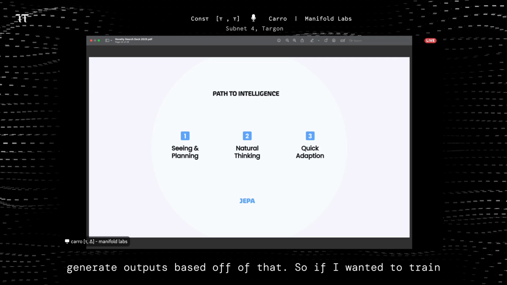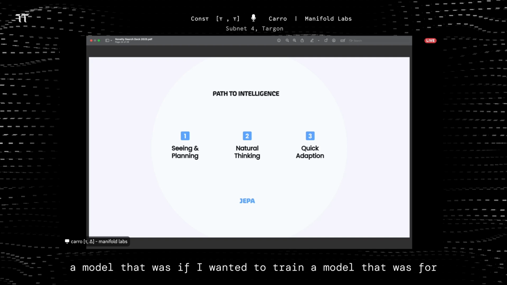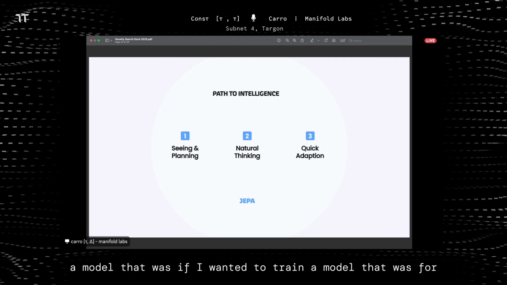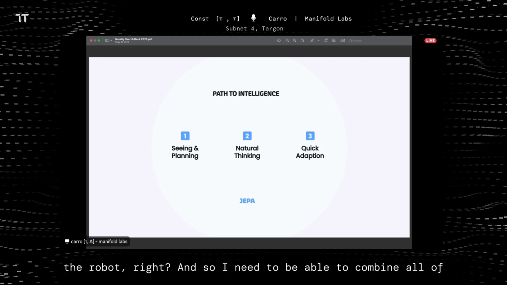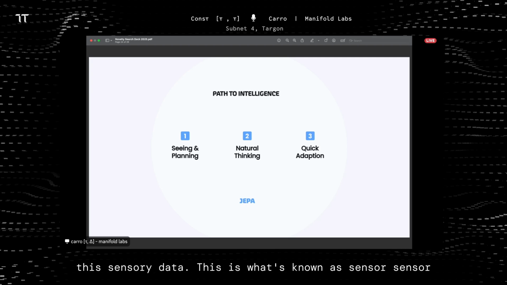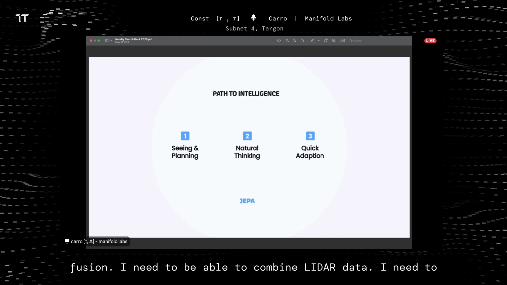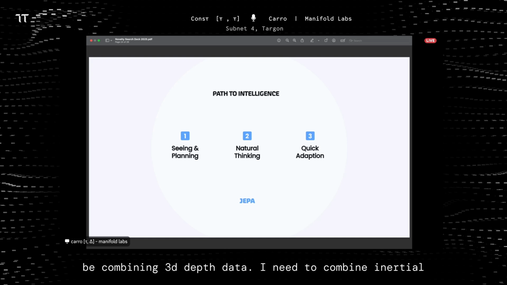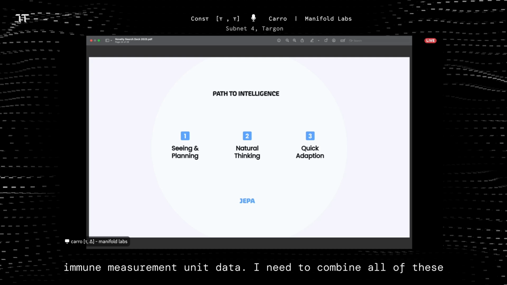So if I wanted to train a model for the robot, I need to be able to combine all of this sensory data. This is what's known as sensor fusion. I need to be able to combine LiDAR data, 3D depth data, and inertial measurement unit data. I need to combine all of these different